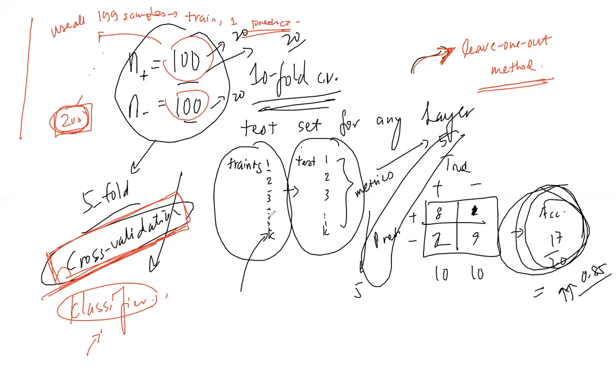You take a random sample from your whole data to become the training set, right? So basically when you do this, it's more like you are validating a particular classifier,